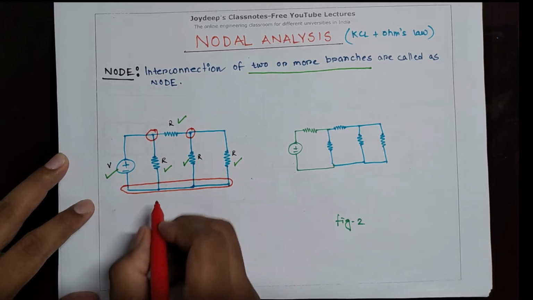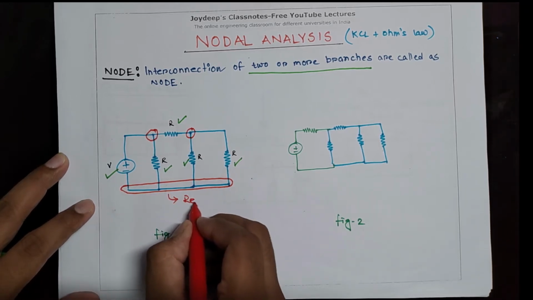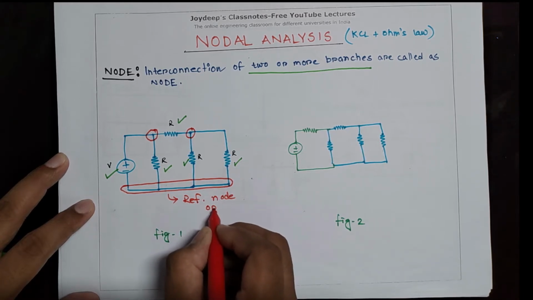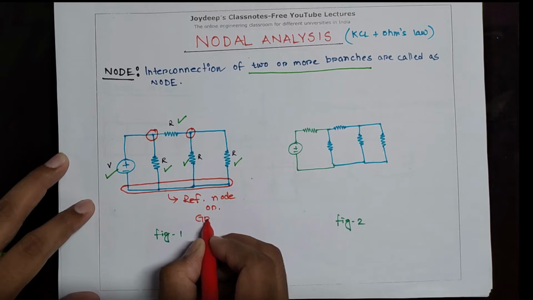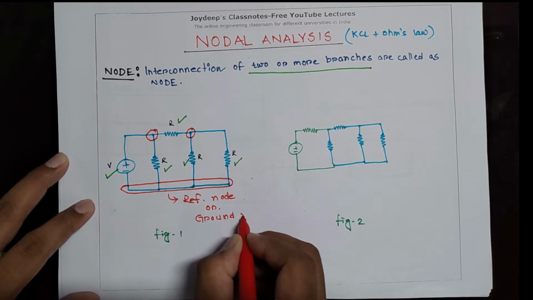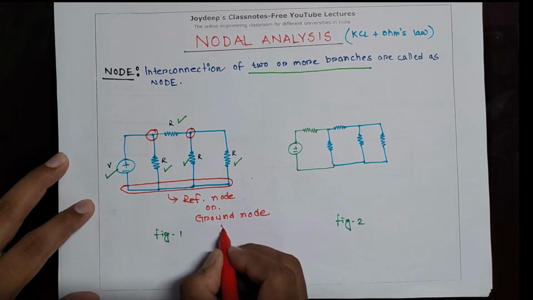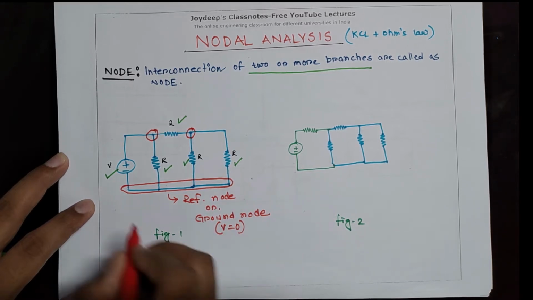Now this node is called the reference node or ground node, because the voltage of this node is 0. This is denoted by